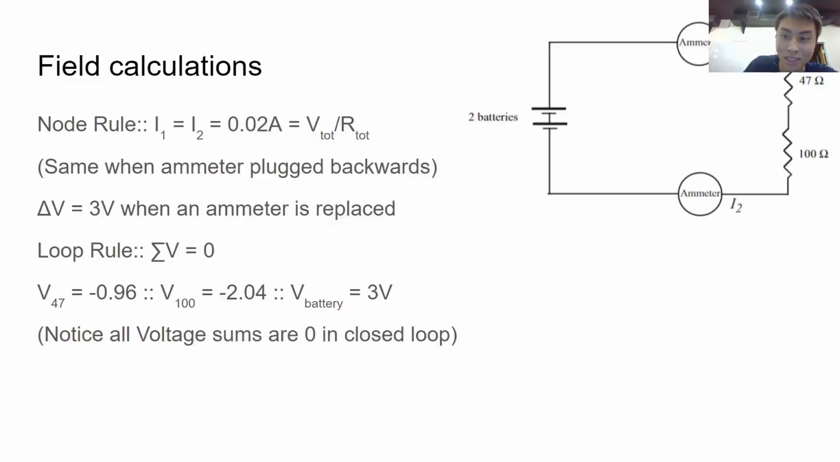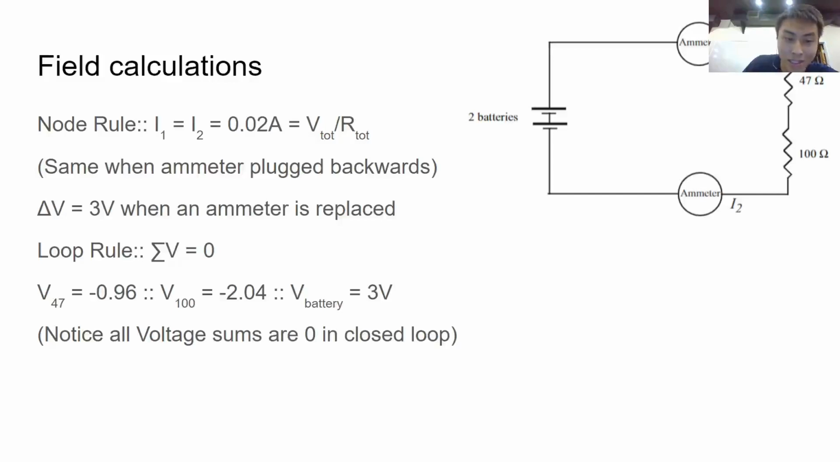We determine that because this entire circuit is in series, so we just simply say V total divided by R, our resistance total, will give us 0.02 amps. Now, when we plug in our ammeter backwards or forwards, it'll be the same sign. And if we have our voltage of 3 volts, because we have 2 batteries which contribute our 3 volts, then